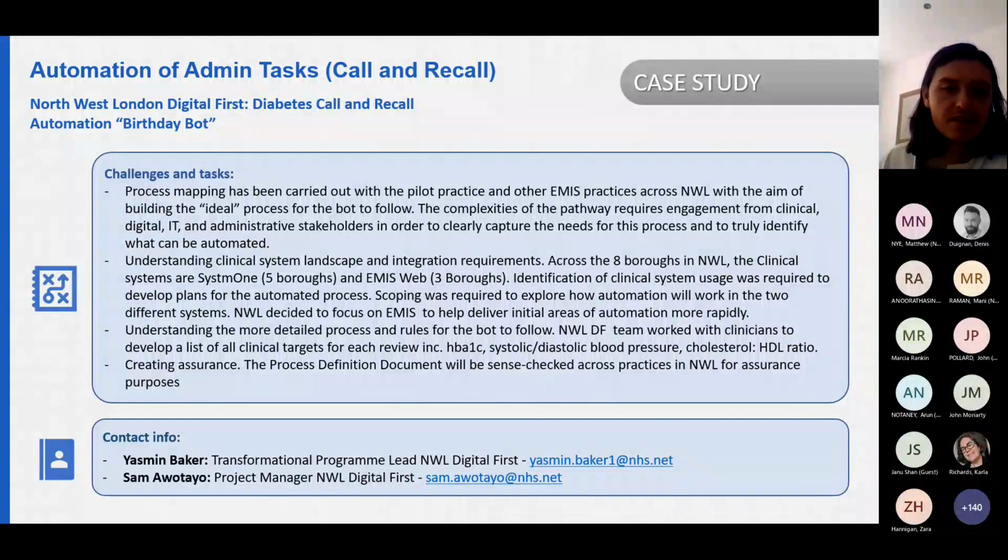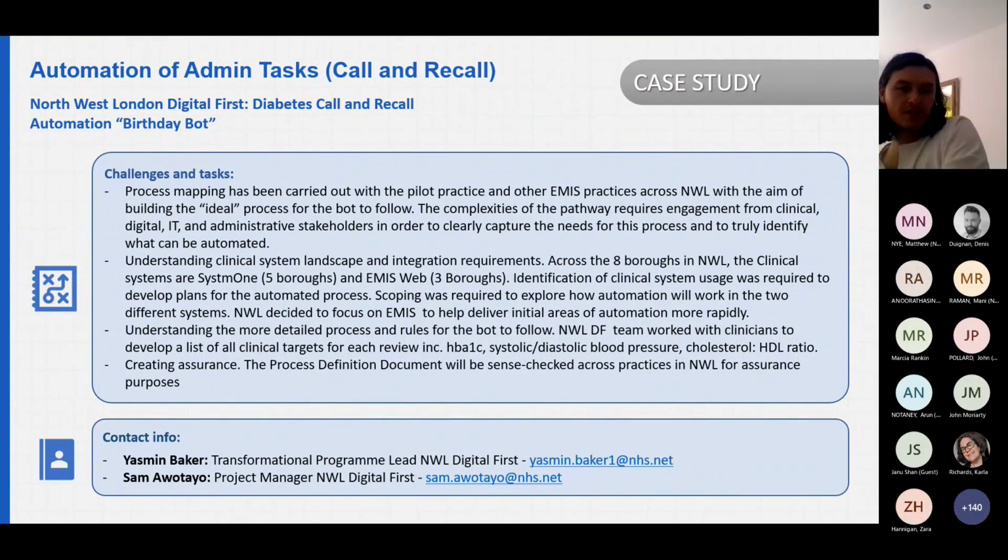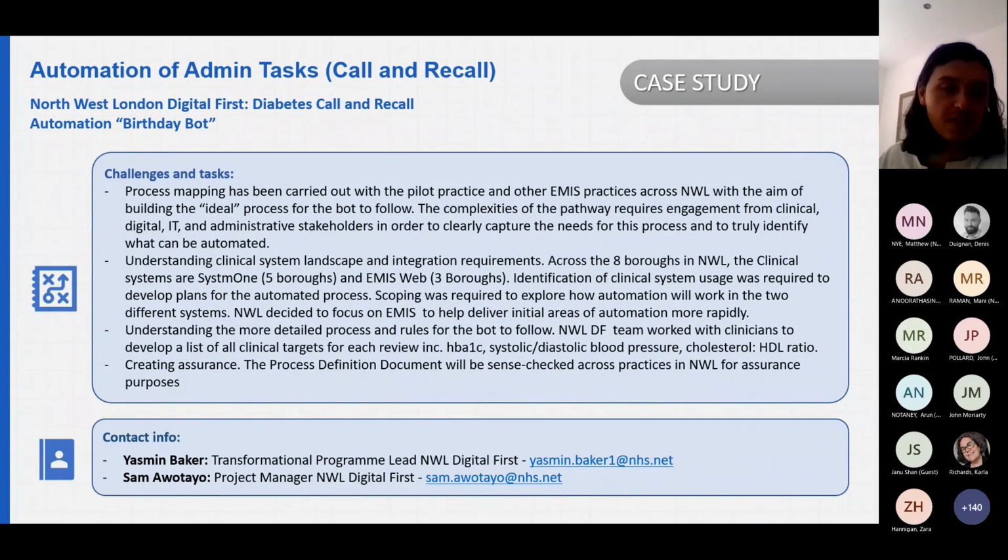So working with a clinical team to develop a list of targets that need to be reviewed, whether it be the HbA1c through to the cholesterol, etc. And within that, creating some assurance. So obviously these systems are new essentially within primary care. They exist. Process automation is quite